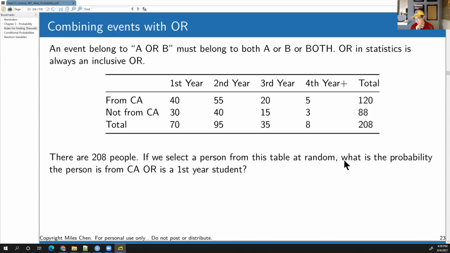And in statistics and probability and in our class, the or is always an inclusive or. There is an ambiguity in the English language, and actually a lot of languages, that we only have the one word for or, and sometimes it's exclusive or, and sometimes it's inclusive or, right? So the difference between inclusive and exclusive or,